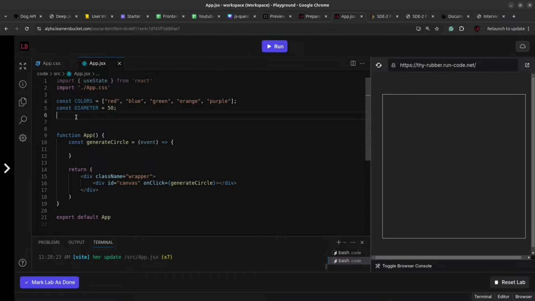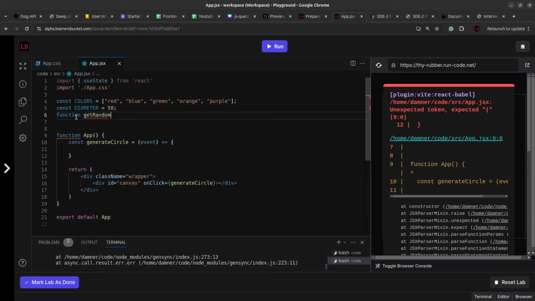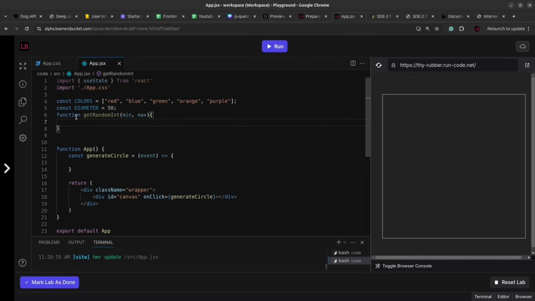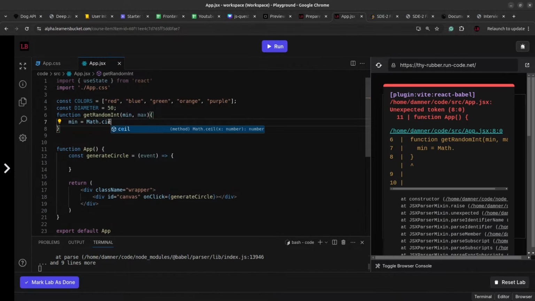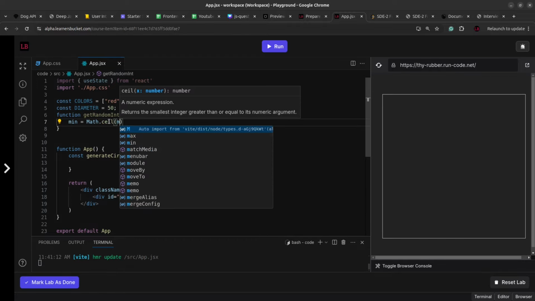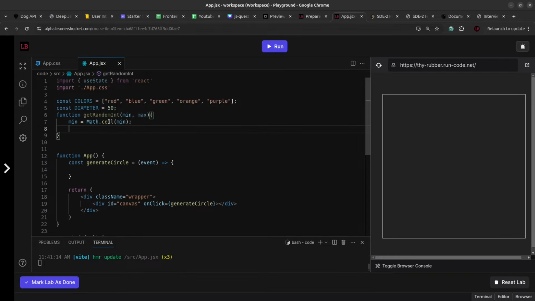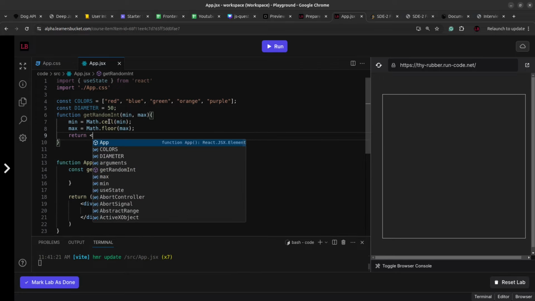So let's define that function getRandomInt, and this will take the min and the max range, and inside this we'll get the min and max value. For the min, we are going to have its ceiling value, just rounding off things, and then for the max we are going to have its floor value, and then we are going to return